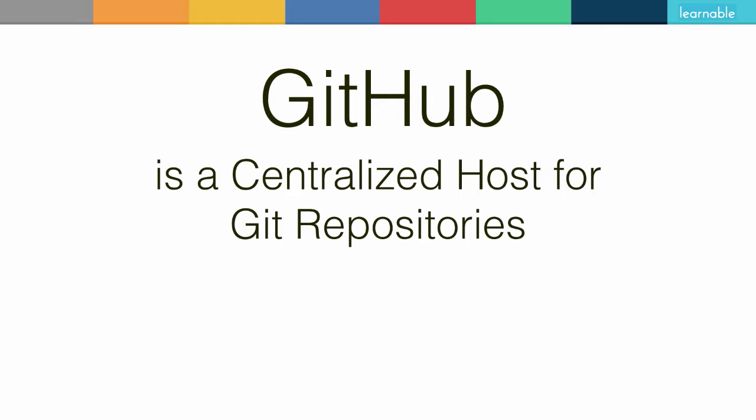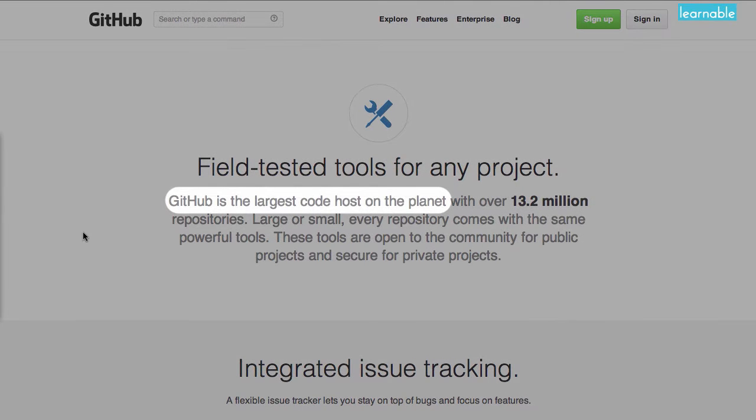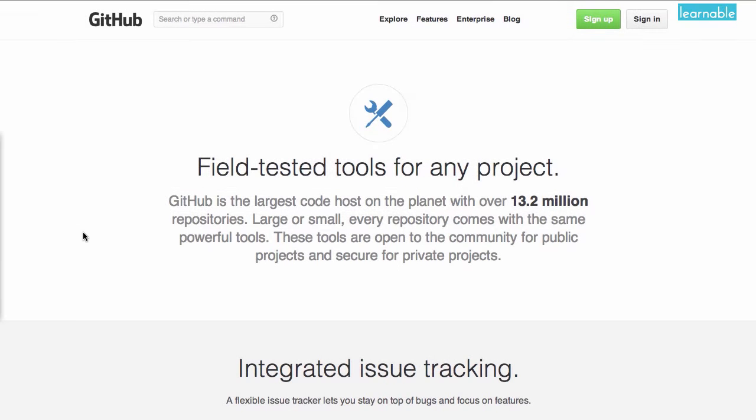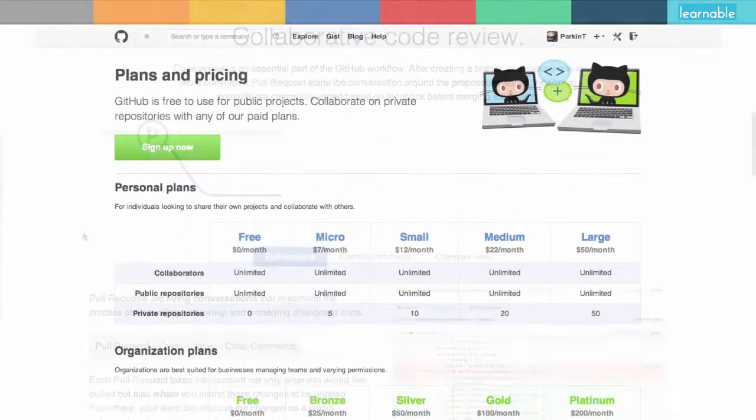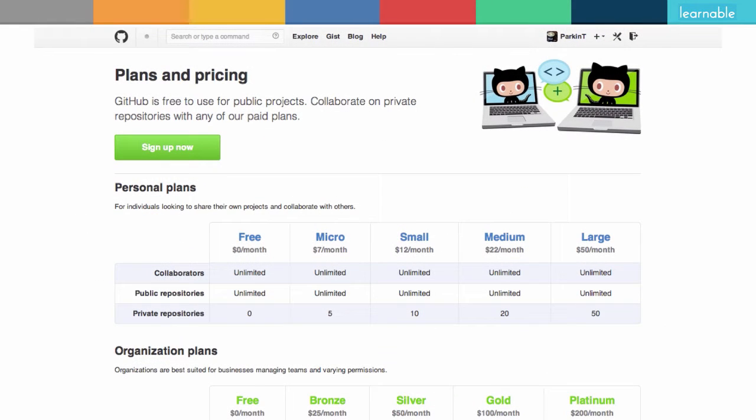The skilled and talented group at github.com have created a service that extends the capabilities of Git. Boasting the largest code host on the planet, GitHub remains the most popular place for open source software projects to host their source code repositories. GitHub offers many plans at varying prices based on the number of private repositories you host on the service. And as a means to support open source software development, there is no charge for repositories that are open and